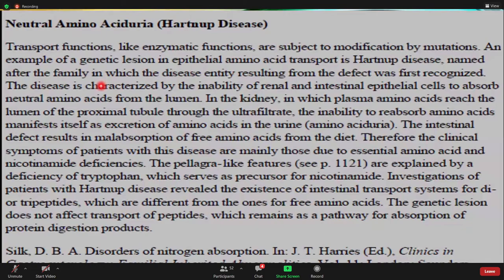Why are we saying neutral amino acids rather than specific amino acids? Because the transporters in the kidney or renal system work as general transporters. I mean, one transporter for a group of amino acids. So there is a transporter for neutral amino acids. And if this transporter is defective, you will have amino acid urea or a neutral amino acid urea. It means that these amino acids are not going to be absorbed by the renal system, and they will be released in the urine. And due to the loss of these amino acids, the urine itself